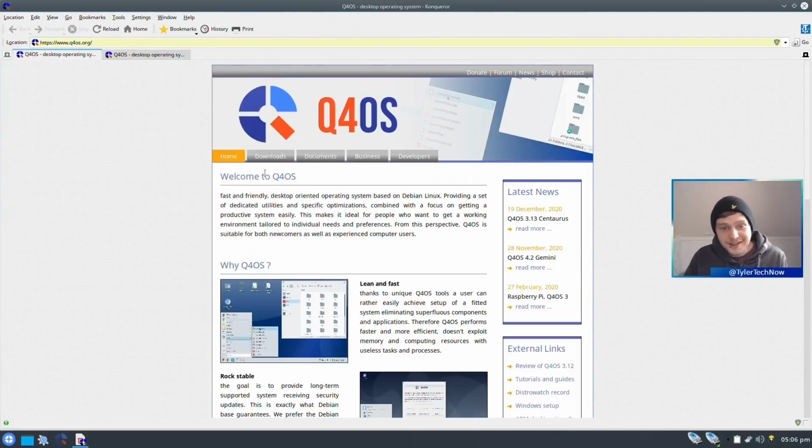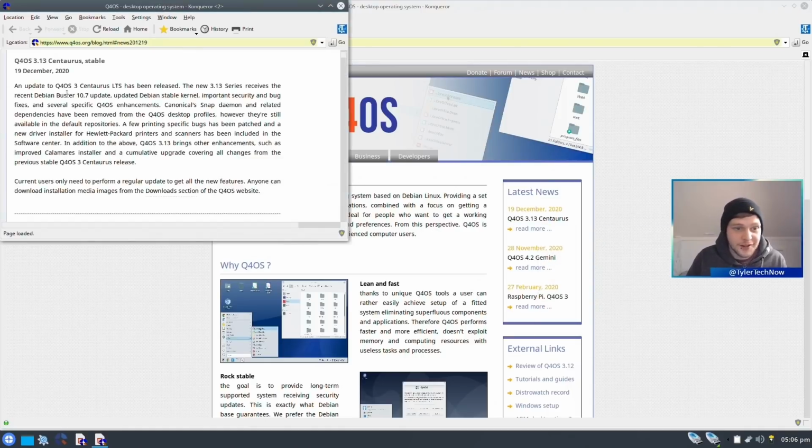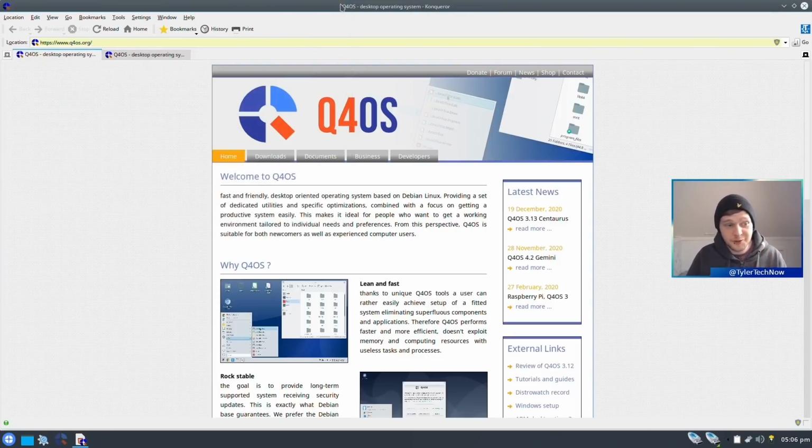Welcome to another video. Today we're going to take a look at the newest version of Q4OS, which has just been released now on the 19th of December and is now based on Debian Buster 10.7. So they've got a couple of options we could have chosen from. They have the KDE version or the Trinity desktop version, which is the version that we have gone for, and